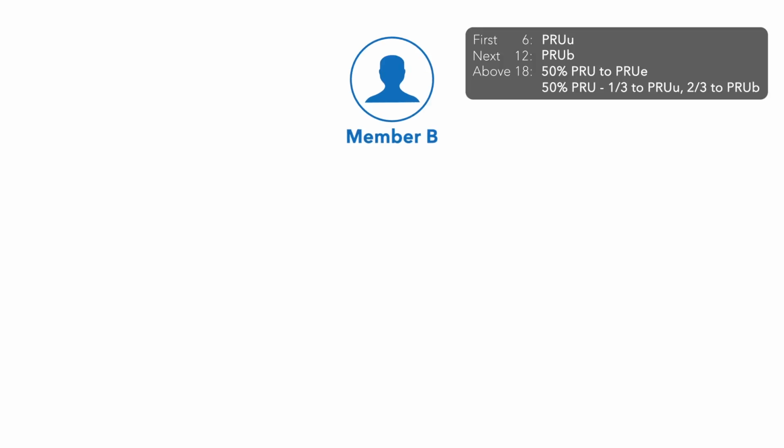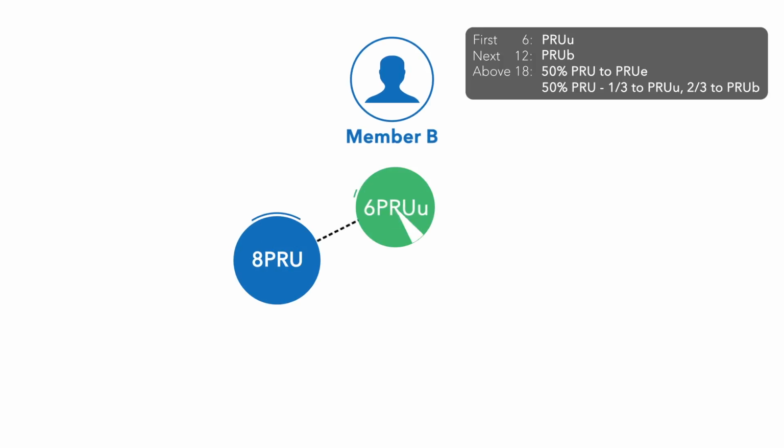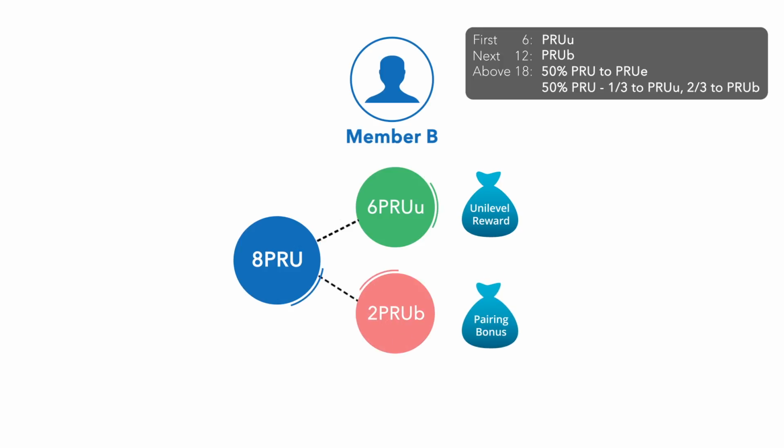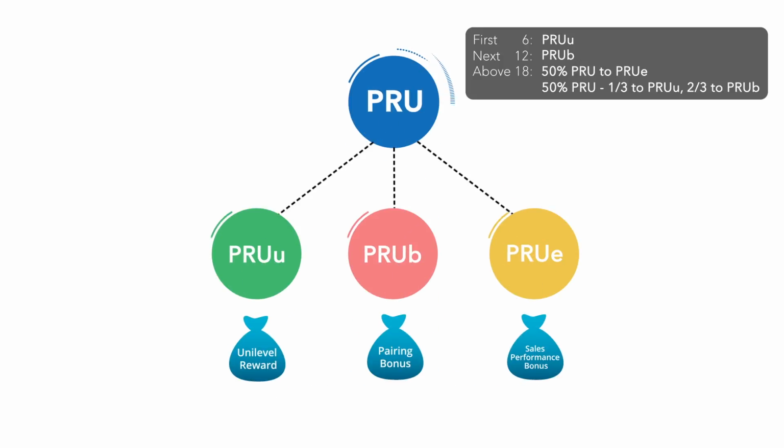Now, if member B has 8 PRU in a month, the first 6 PRU will be allocated to PRUU, and the remaining 2 PRU in this case will be allocated to PRUB, based on the logic that the next 12 PRU will be allocated to PRUB. Simple, right? Just remember, the general rule of thumb is to check the total PRU and simply apply the allocation